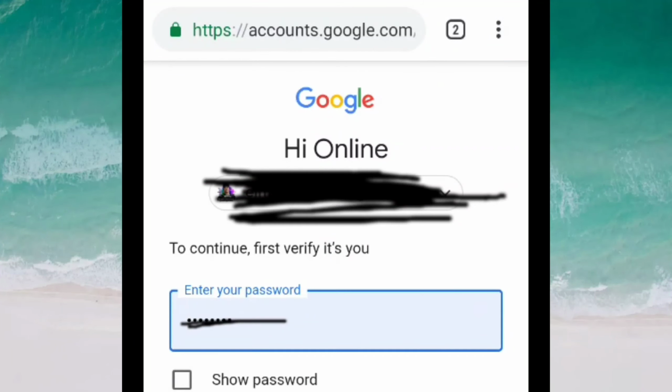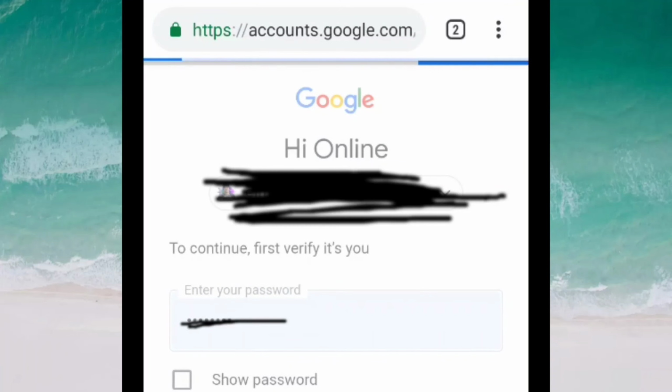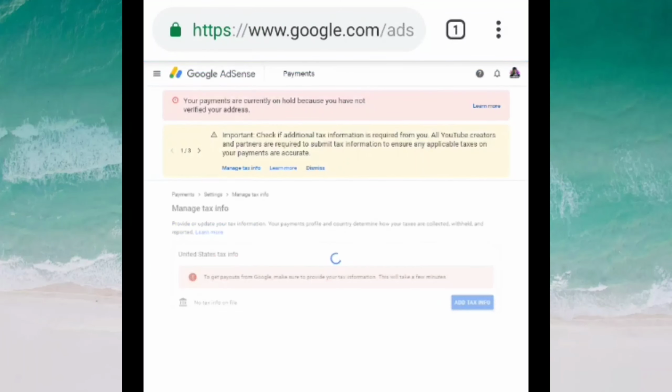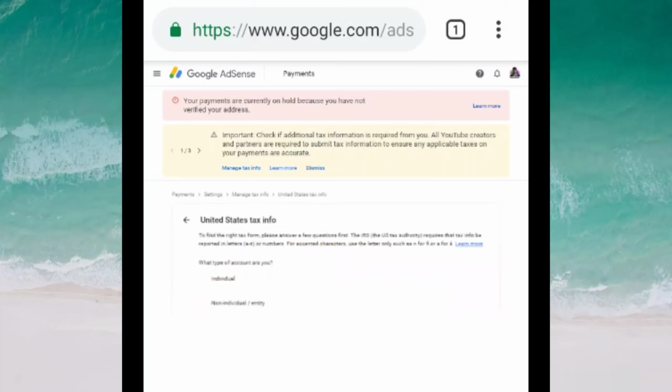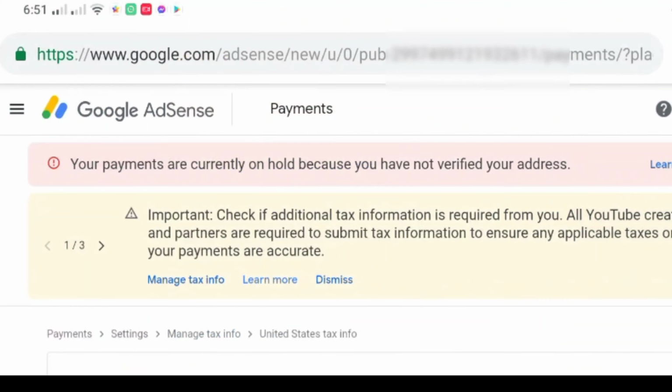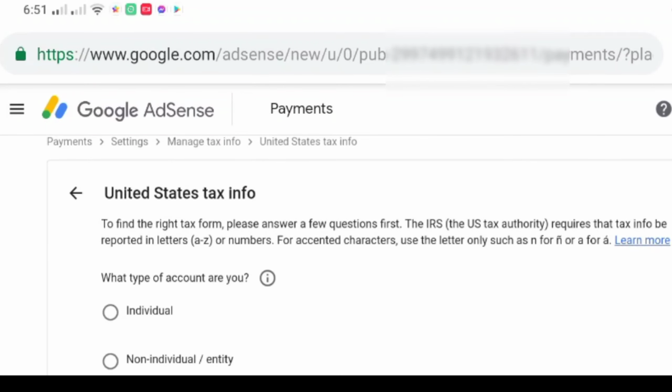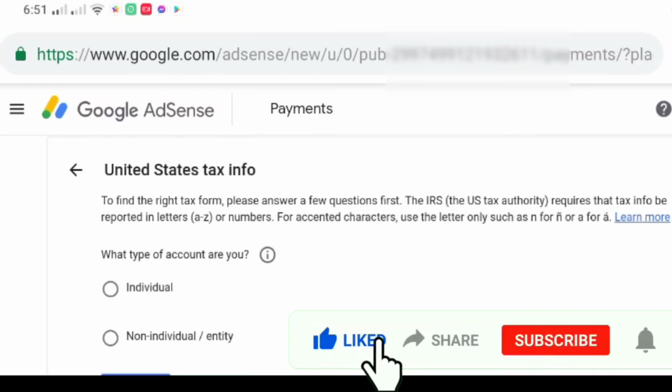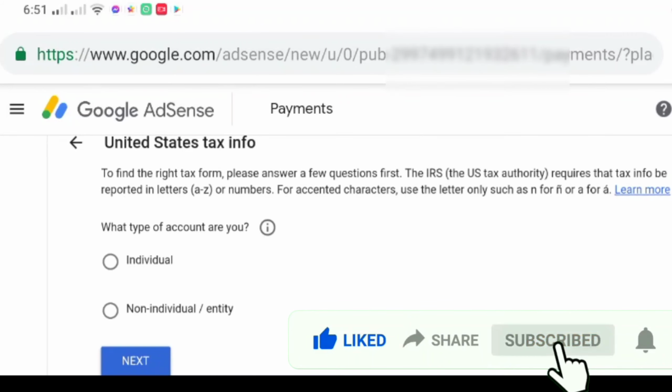Nanghihingi po siya ng ating password para ma-verify po kung tayo po ba talaga itong nag-login sa ating Google AdSense. So, pindutin ang next. So, yan po. So, ito po yung nag-appear nang pinindot natin yung manage tax info.